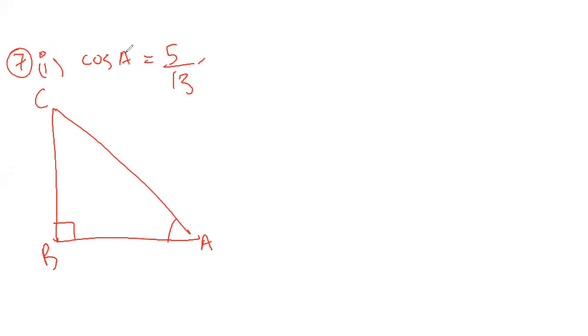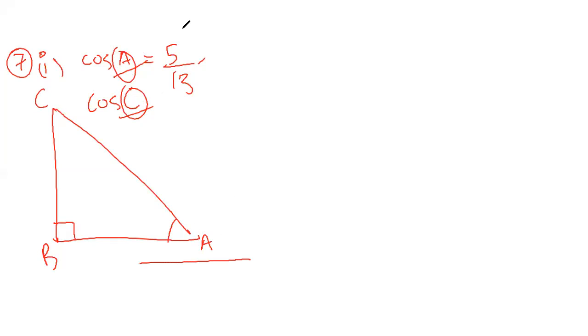In cos A, the alphabet A signifies that the angle A is towards the ground. What do I mean by that? Say, for example, this is angle C. Now, angle C is towards the air. If it had asked us to find cos C, angle C should be towards the ground, like A here. And with respect to angle C, cos C would be based upon the hypotenuse according to this angle.